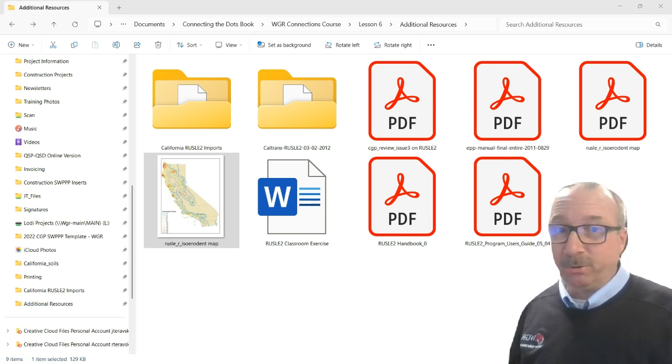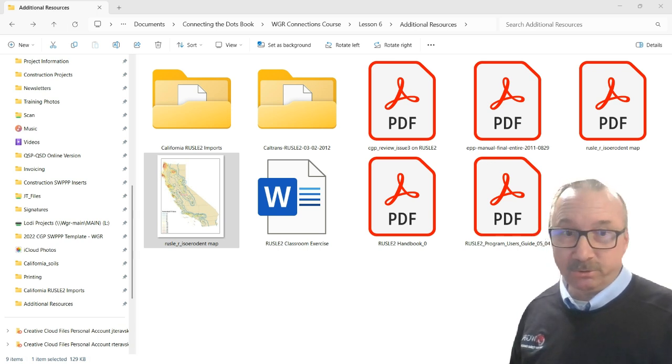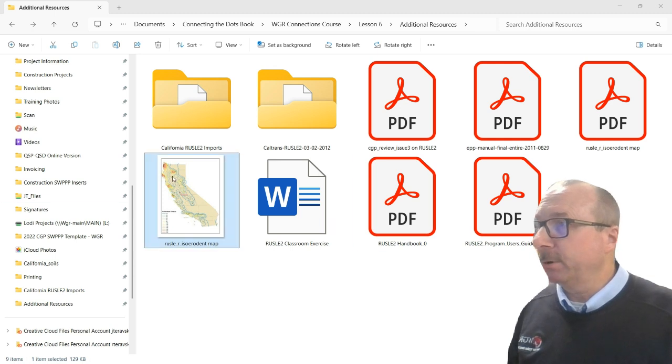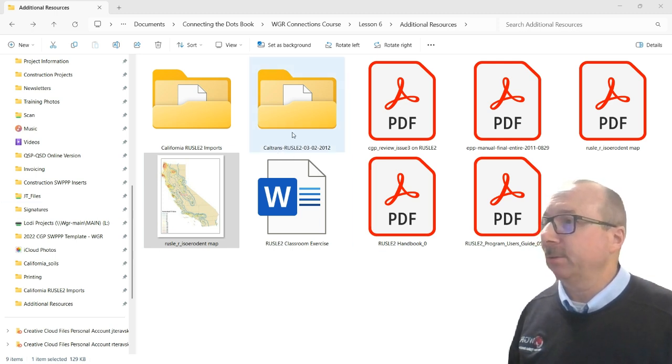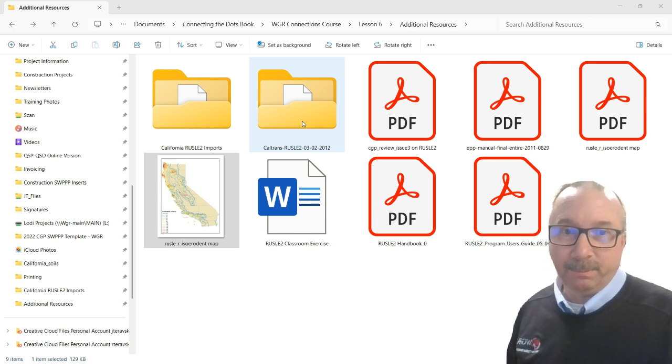Now, in the connections course, lesson 6, you'll find under additional student resources some files, and we want you to download those to your computer. One of them is going to be the program file, and it's the Caltrans RUSLE2 0302 2012. So it's right here in this folder here. You're going to want to download probably a zip version of that folder to your computer and extract the files,